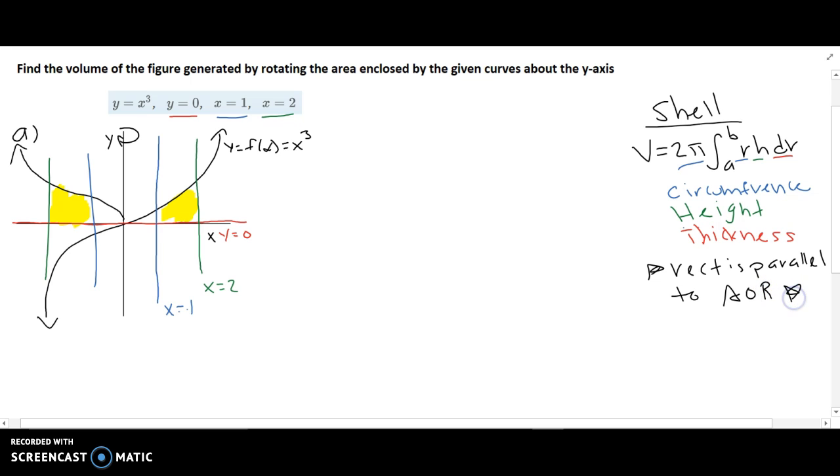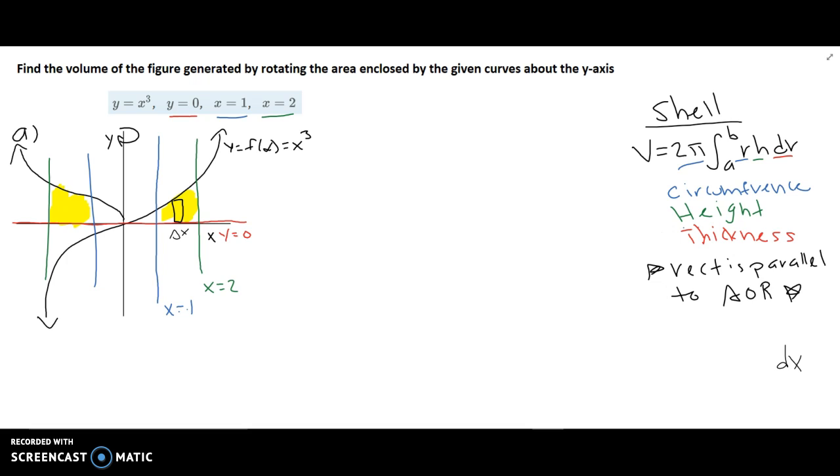For disk and washer, we know that it's perpendicular, but for shell, it's parallel. That's just a little rule to remember. So let's go ahead and draw a rectangle that is within the original area enclosed that we highlighted, that is vertical, since we're doing this about a vertical axis. And we see that the thickness of this rectangle is, of course, the difference in x values, right? So we call that delta x, which corresponds to dr in our integral, and that is the thickness of our